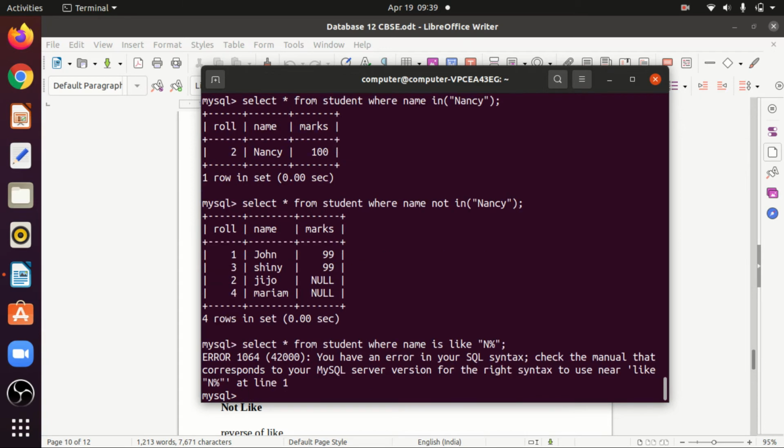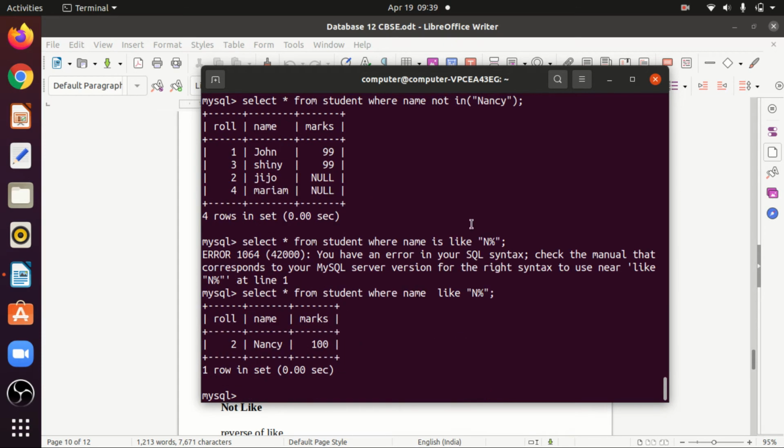So it will print all the names starting with the n character, and the remaining characters can be anything. But the starting should be n.